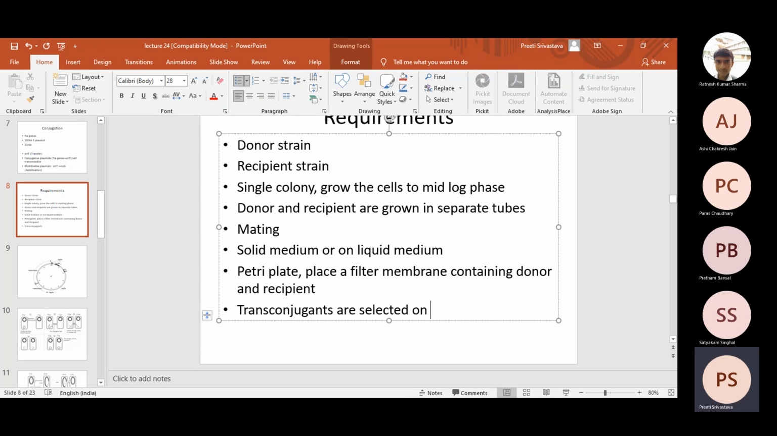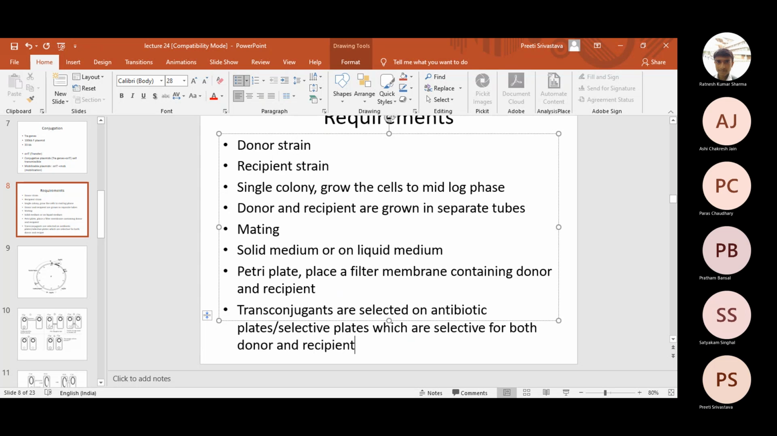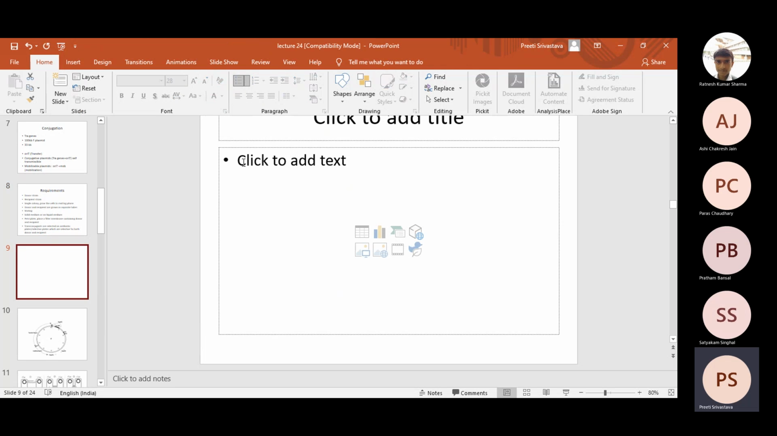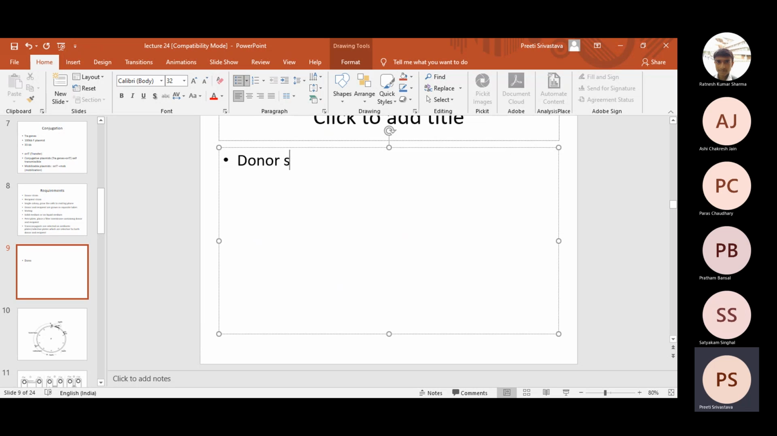Transconjugants are selected on antibiotic plates or selective media plates, which are selective for both donor and recipient. What I mean is, class, for example, if the donor strain is kanamycin resistant, and let's say the recipient has, for example,